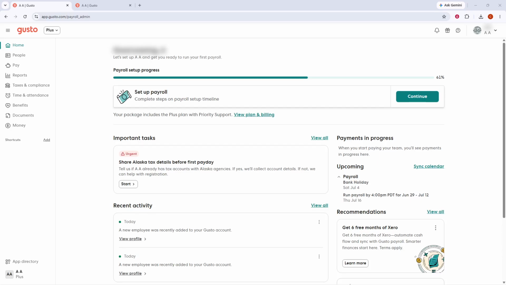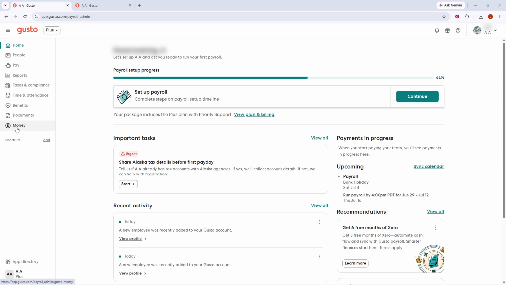In today's video, I'm going to teach you how to set up custom earning types on Gusto. To get started, sign into your Gusto admin account. Make sure you're using an account with the proper admin permissions, since access to employee pay settings may be limited for some users. Once you're in, take a moment to confirm that you're on the main dashboard, so it's easier